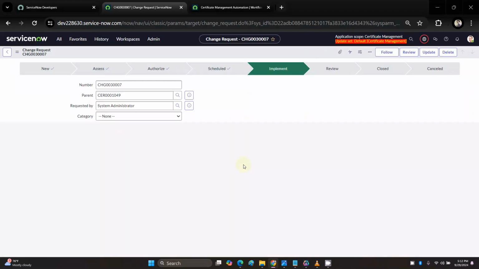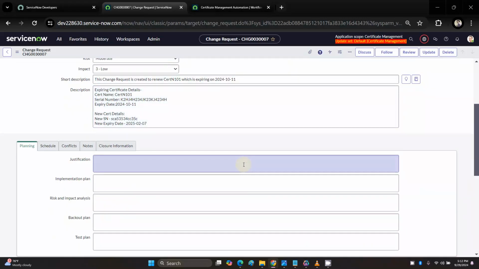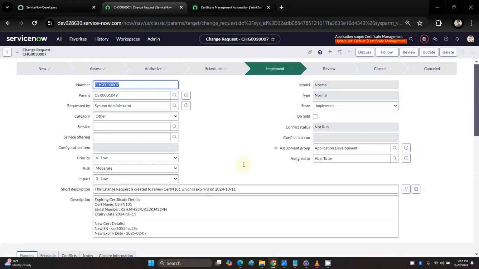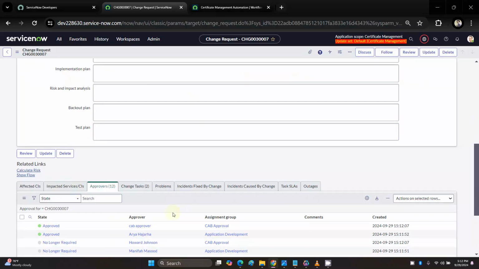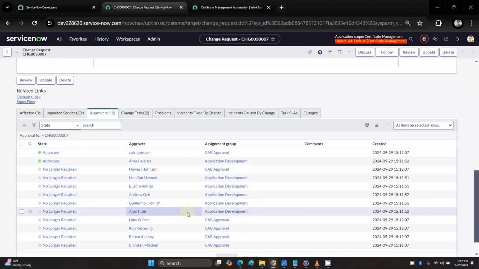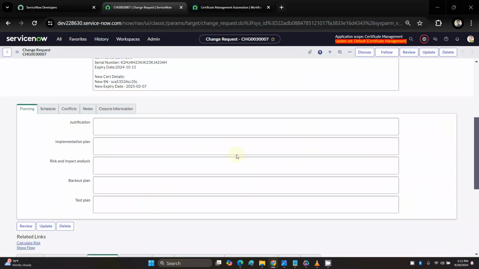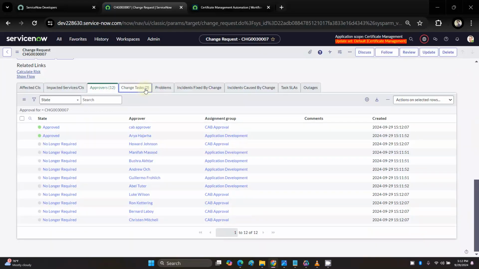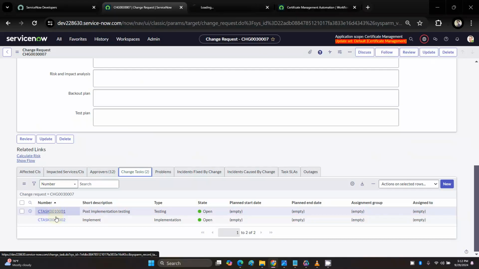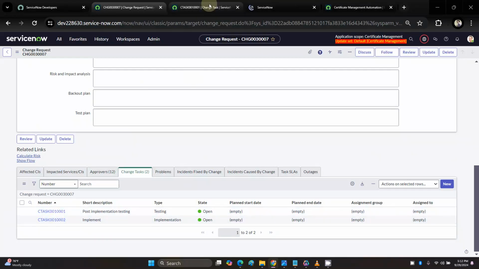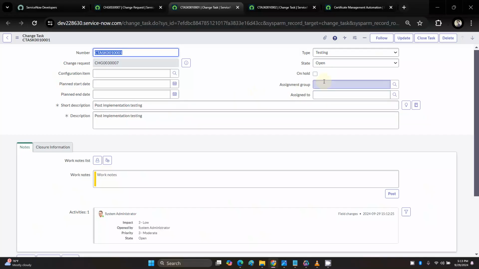This is out of the box. There is no role. I have not developed anything, but we will see these things: how we get these state changes, and there are so many things we'll see in our form. Now we are in the implementation phase. I'm expecting two tasks created somewhere. We'll work on the tasks once we come back to Flow Designer. But at this time, I just want to close it and see